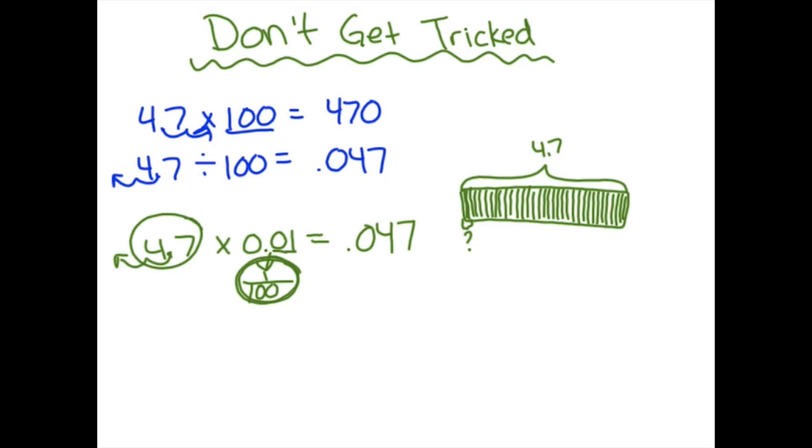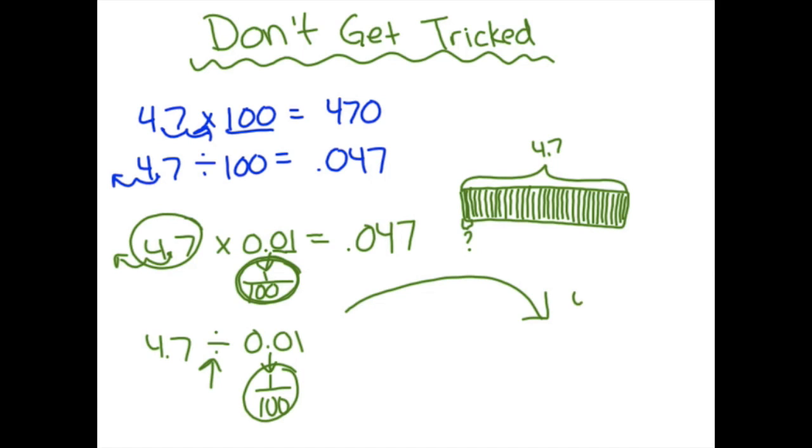Let's take a look at one more. We have 4.7 divided this time by 0.01. Now remember, same thing, 0.01 is the same as 1 over 100. So we cannot have a decimal as our divisor. We have to make this number whole, remember. So if I were to write this, and remember that this division sign is the same as a fraction bar, right? So let's look at it like this over here. 4.7 divided by, see these are the same, divided by